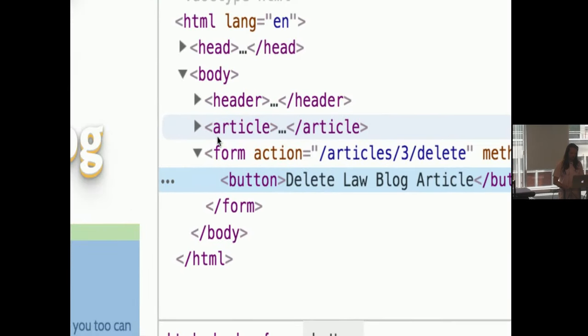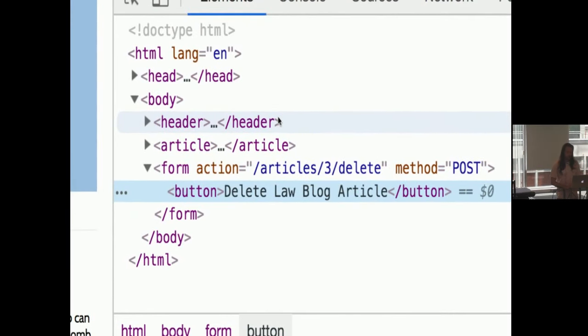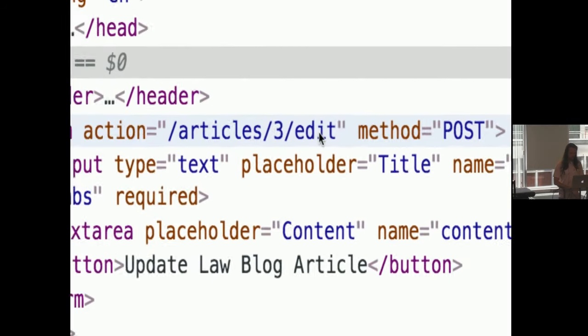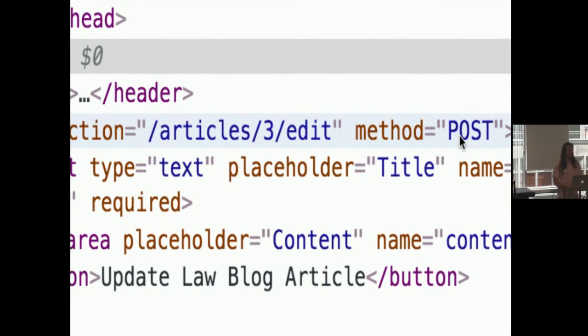Now that form has a structure to it. The form has a method, which is post. It's either get or post. And then it has an action, and the action is also known as the path in this case: /articles/3 and then /delete. That's going to be the route I'm going to use to delete things. The reason why is because I also have an edit path. If I go here and look at this, this also uses a post. So the way that I can tell the server that it's an edit instead of a delete is that I include that in my URL, as a parameter on the URL here.